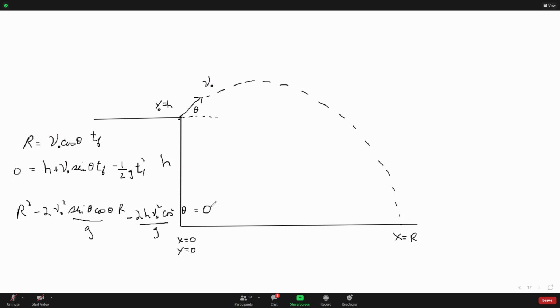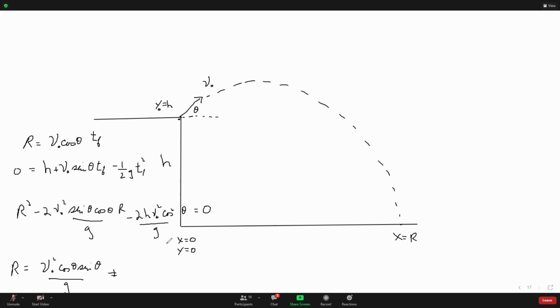So I have two solutions for r. R equals, from the quadratic formula, V0 squared cosine theta sine theta over g